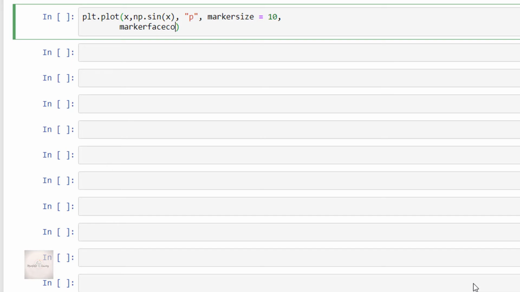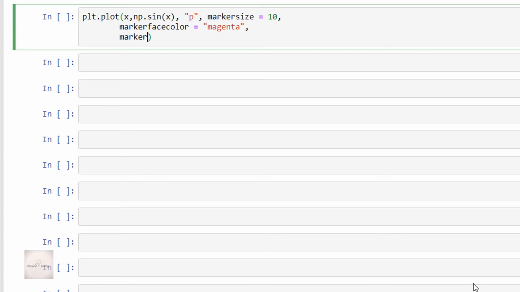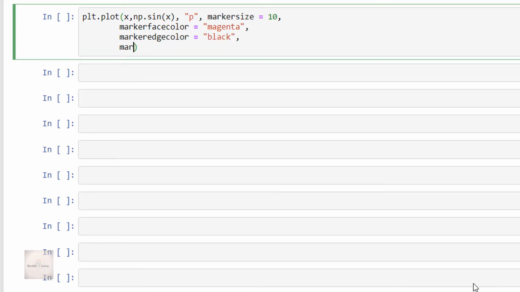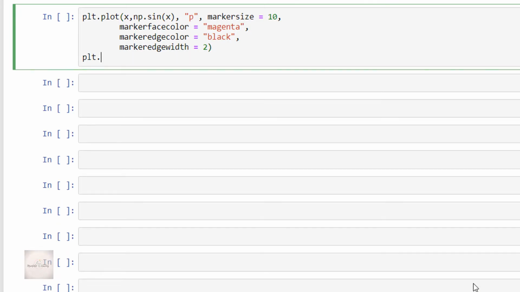Then markeredgecolor is equal to black. And markeredgewidth is equal to 2. And I'll give this a y limit, so plt.ylim of -1.2, 1.2, and then plt.show.